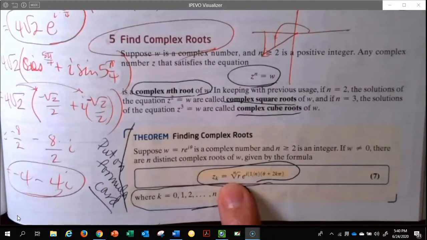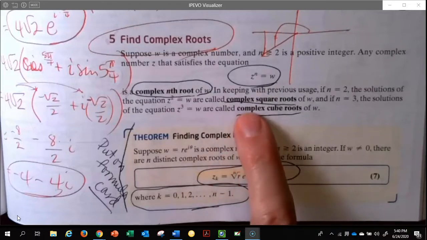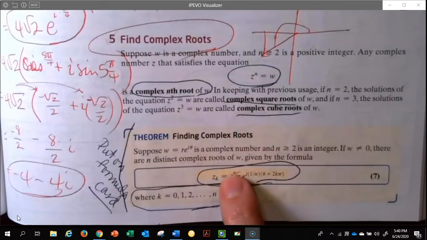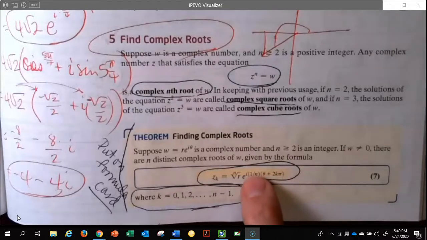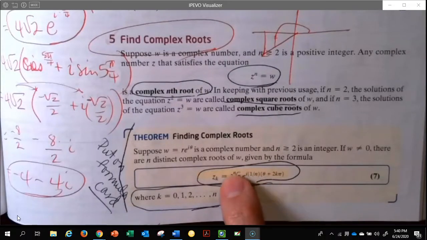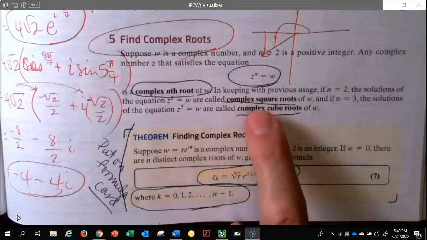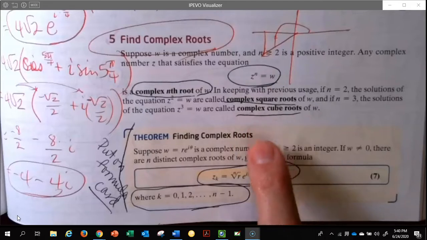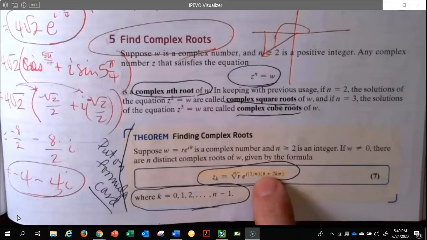A couple of things to point out. The magnitude or modulus, we're going to take the nth root. Like if we're going to cube, it'll be the cube root. If we're going to the square root, it's going to be the square root. You still have the e, you still have the i, and then we've got a little bit different going on here. Parentheses 1 over the n. So if it was a square root, it would be 1 over 2. If it was cube root, 1 over 3. If it was fourth root, 1 over 4. And then here we'll have our theta,